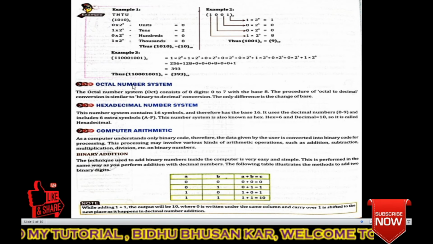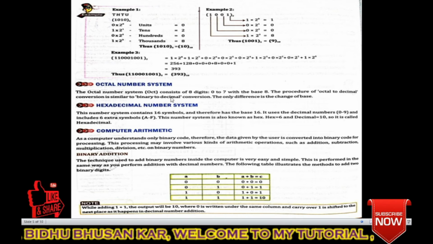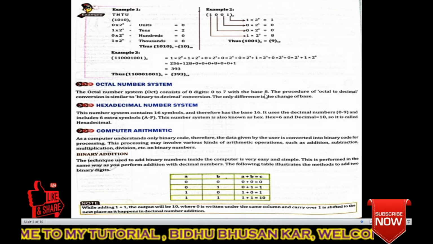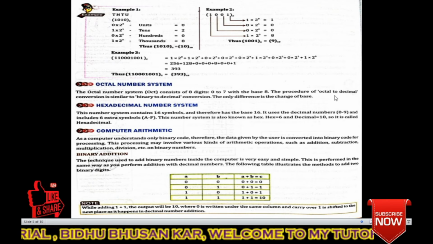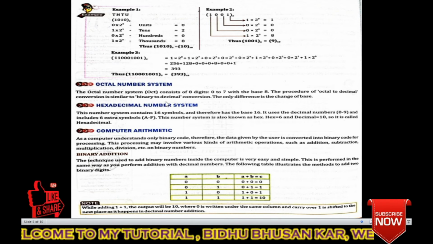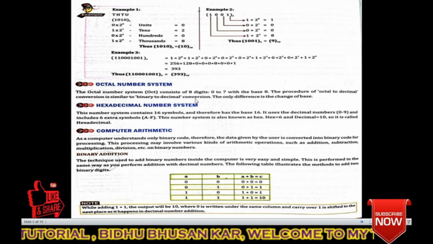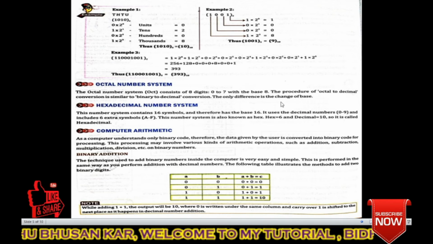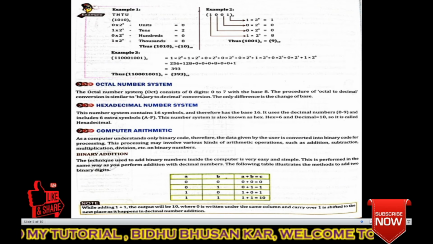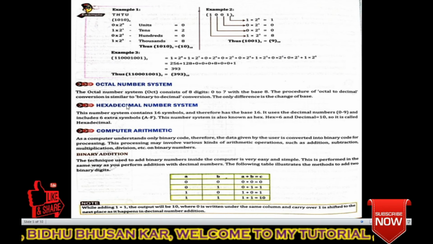So we are reading the octal number system. The octal number system consists of 8 digits, that is 0 to 7, with the base 8. The procedure of octal to decimal conversion is similar to binary to decimal conversion. Okay. The only difference is the change of base. Understood or not? These are the same. Okay. Next,